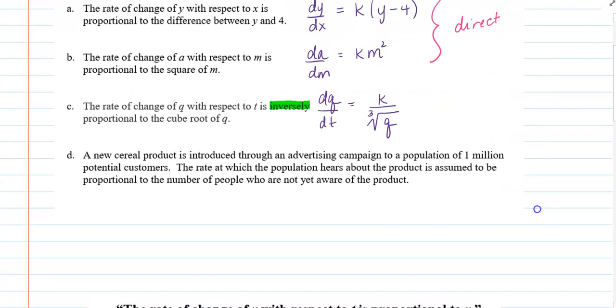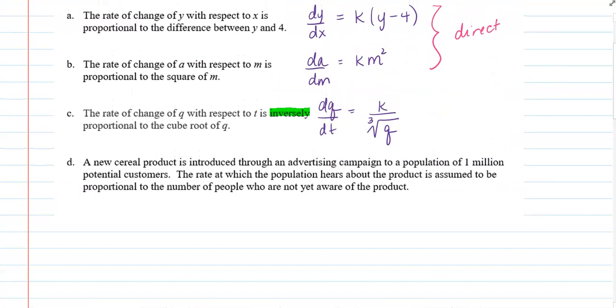Letter D, a new cereal product is introduced through an advertising campaign to a population of 1 million potential customers. The rate at which the population hears about the product is assumed to be proportional to the number of people who are not yet aware of the product. So the rate at which they hear,